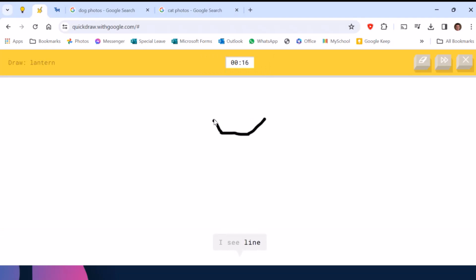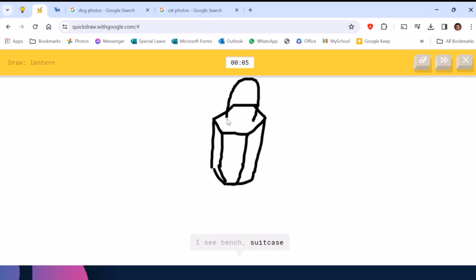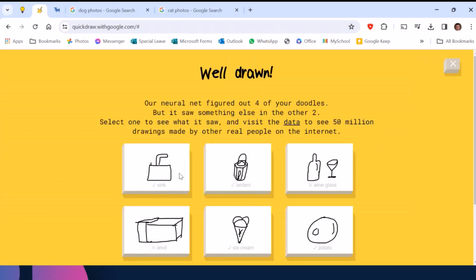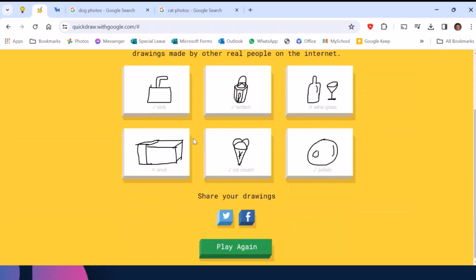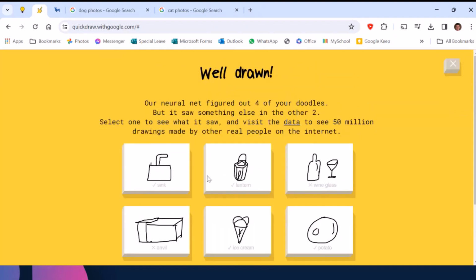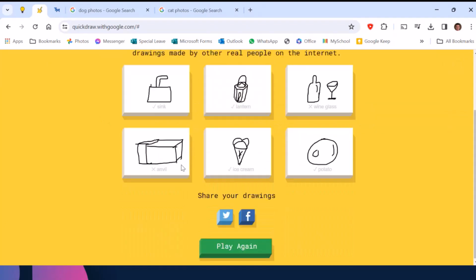So I'm going to try this now. It's telling me to draw a lantern at the moment. Okay, now it shows me all the prompts that it has given me.